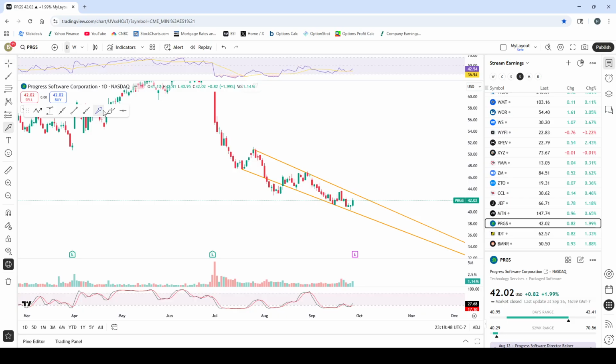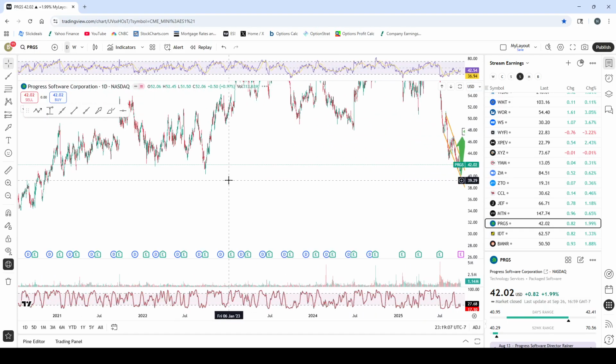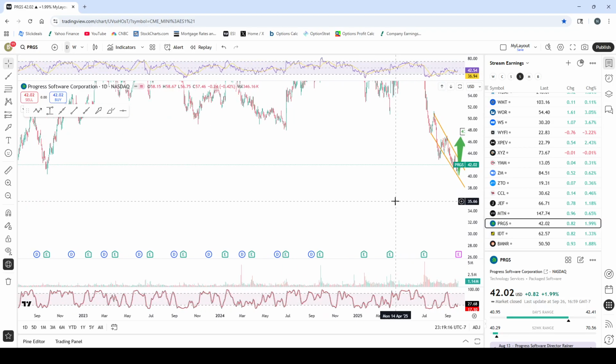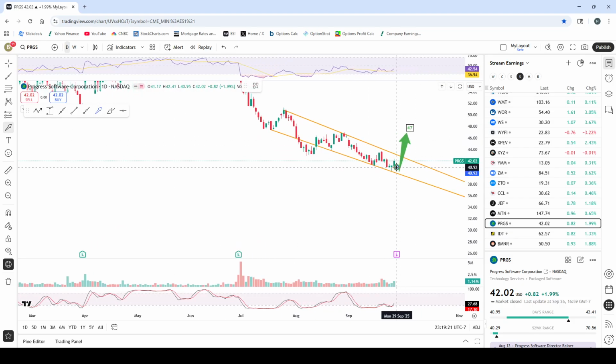Okay, so if it bounces, I would say it might go all the way up to 47 at about, I would say, 60%, 40% of a pullback. Let me see, what are we gonna go? Probably 38, 35. So most likely we're going down to 38,